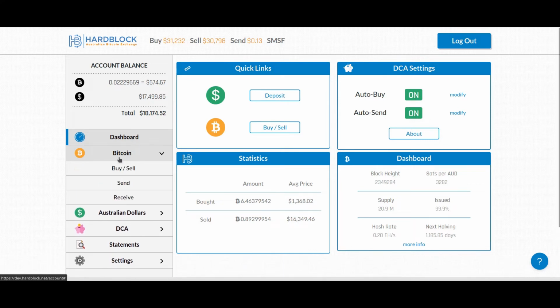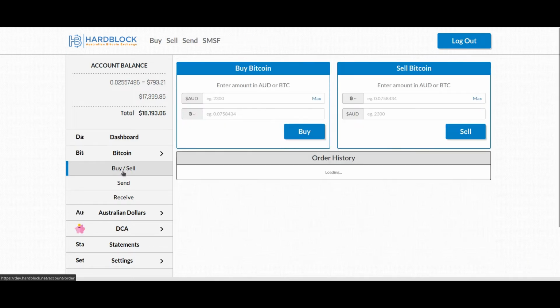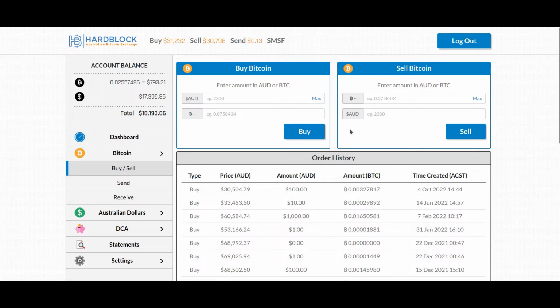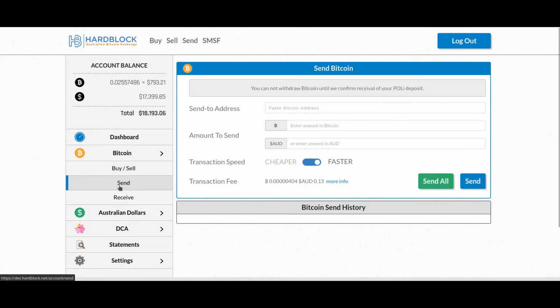If you click on Bitcoin, you can then have the different pages you can go to underneath that. So, for example, the buy and sell page, which is the main page, that's it here now. So it's relatively straightforward, pretty similar to the old site. However, if you want to buy just the maximum, you just click max here, and then you can just buy. Or if you want to do it on the sell, you can also do that here. The table below is basically the same information as before, just presented much more aesthetically pleasingly, I guess. Then over here on the send page,